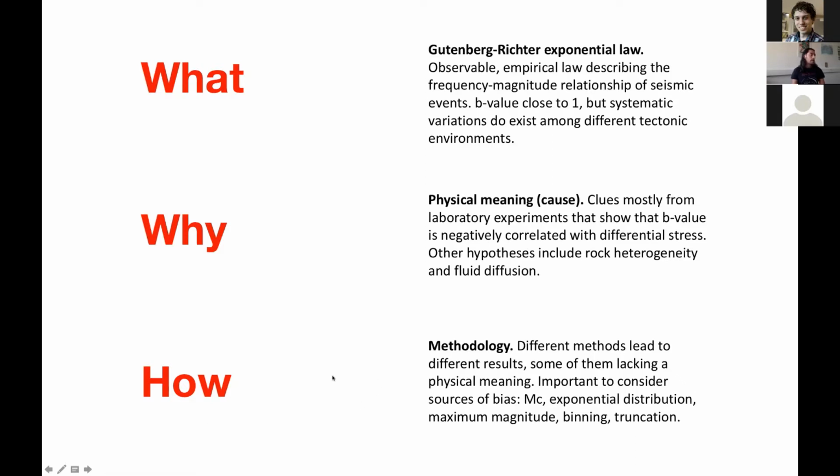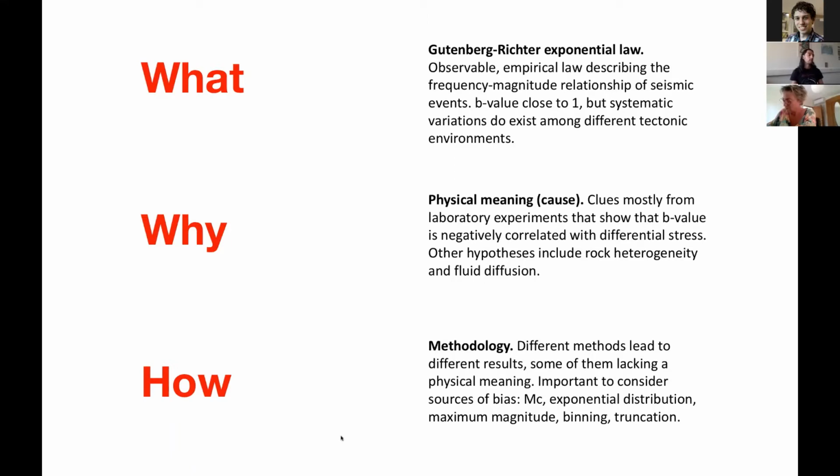And the how, it's the most tricky part because it deals with the methodology to calculate the b-value. And you might think that it's quite easy, that you can just do a least square regression, for example, to fit a straight line in the distribution. But actually, it's more complicated than that, and there are many methodologies to calculate this b-value, and each one of these methodologies leads to different results, some of them lacking in physical meaning. So in that sense, it's important to consider all sources of bias when you calculate the b-value,